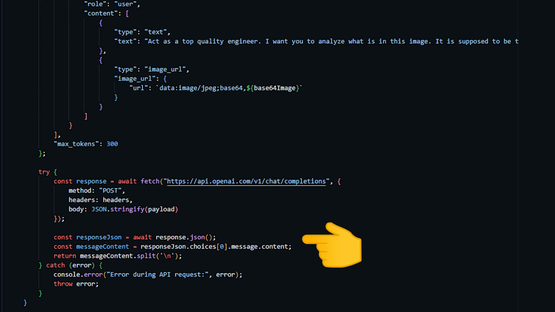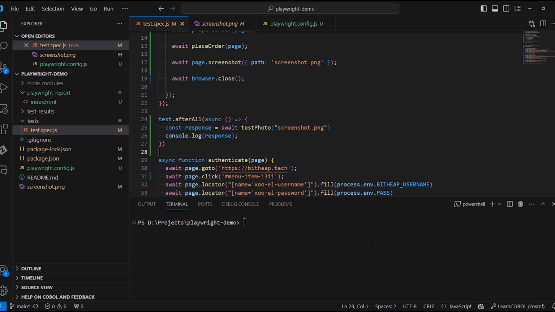We transform the response into a JSON, and we fetch the message like this. If you return just the choices, you will get more information, but the actual response that GPT-4 returns is encapsulated in the message.content field. If there's an error, we catch it with the try-catch statement, and we display the error message in the console. To see this in action, I have integrated it in a playwright test for my website,